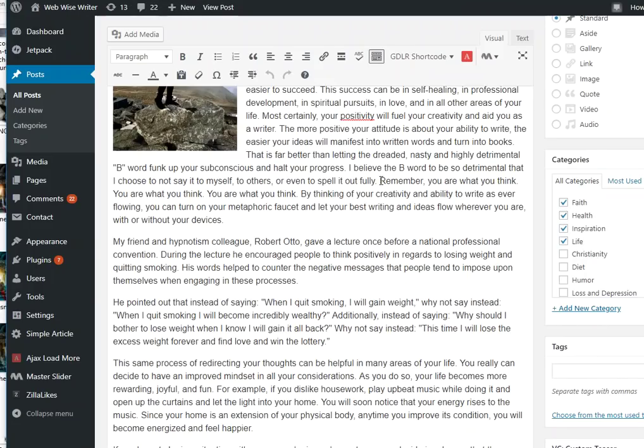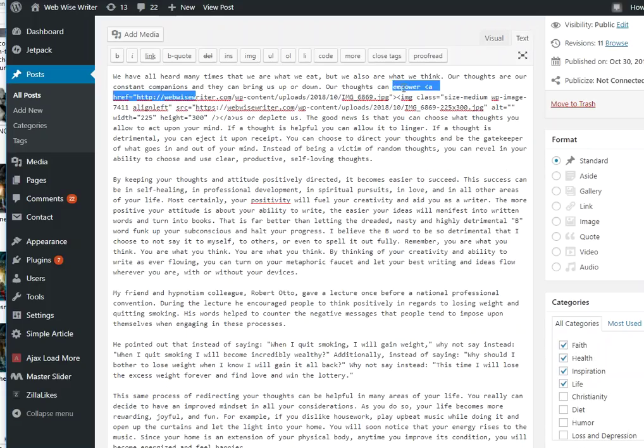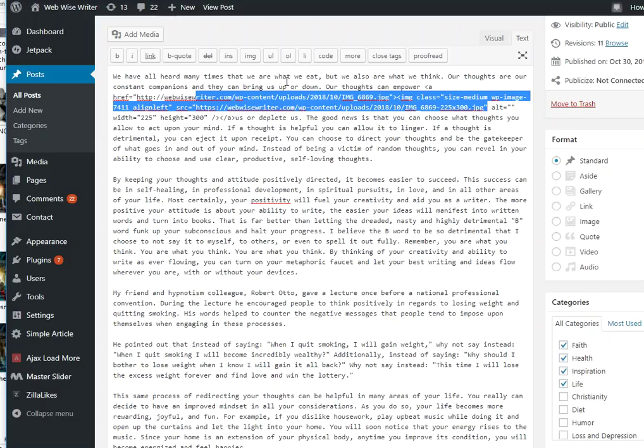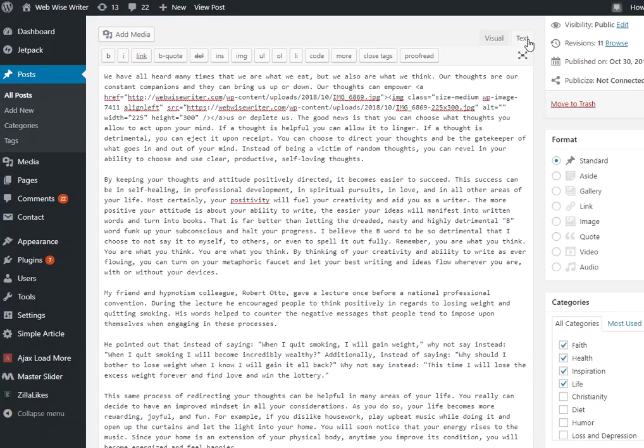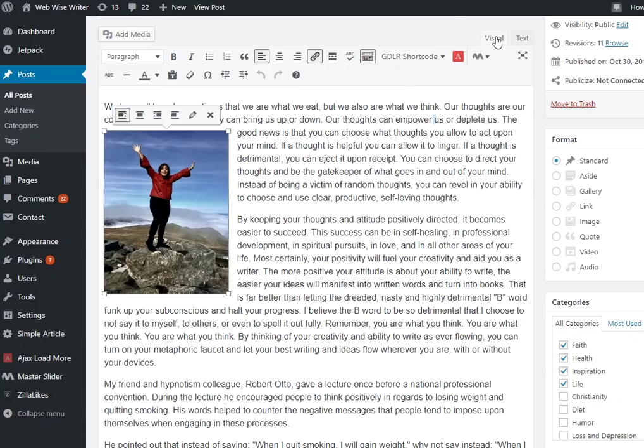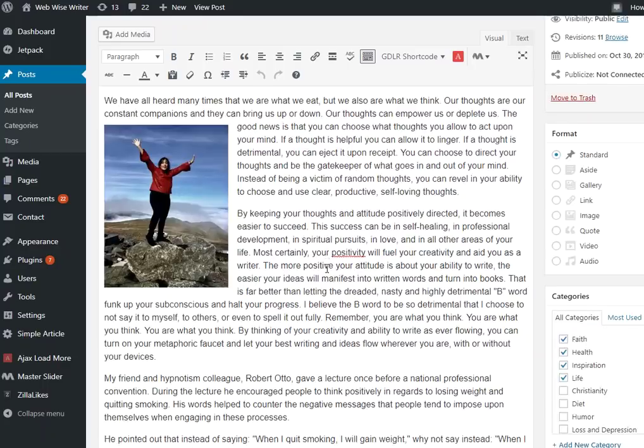So in the WordPress dashboard, and by the way, I didn't say this before, if you're using this for the first time, the visual is where you would actually see the words on the page, how it's going to look. If you switch to text, it's the code view. Then you'll see some code like this where you put the image. Generally you want to stay out of the code view unless you have to, or you know what you're doing. For example, if you want to embed a YouTube video, you'd probably have to grab the code and switch into here for the text to paste the code. Otherwise, you just go back to visual and use the visual editor.